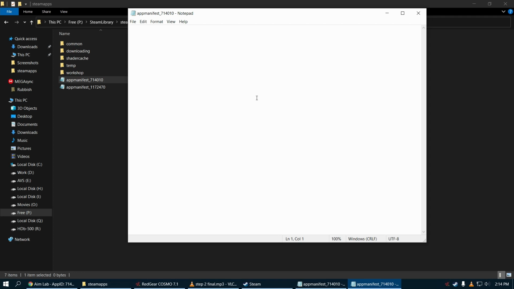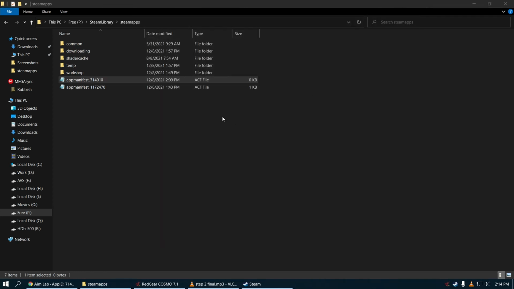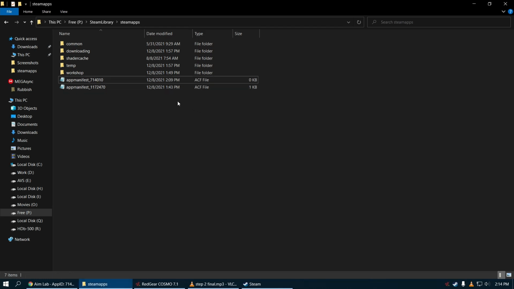Now I'm pretty sure your file is either blank like this or you didn't find the file at all. In both cases this happens due to closing the game and Steam abruptly during its being edited, which happens when your PC crashes for any number of reasons or you have a power loss making this file corrupted. And this app manifest file contains all the configuration detail of the game. You will see what I mean in a minute.